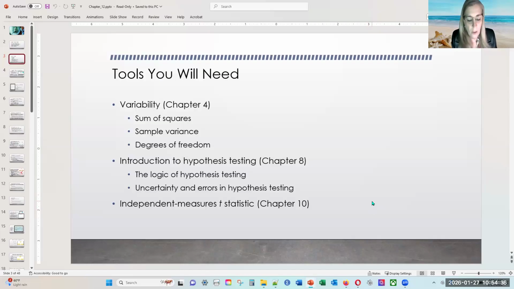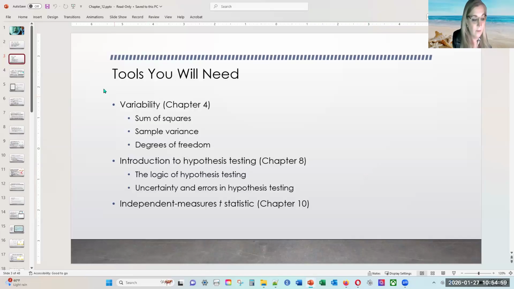Also, you should feel pretty comfortable with what we learned in chapter 8 with regard to hypothesis testing and why we do that. And also, the uncertainty and errors that may occur when we are doing hypothesis testing,